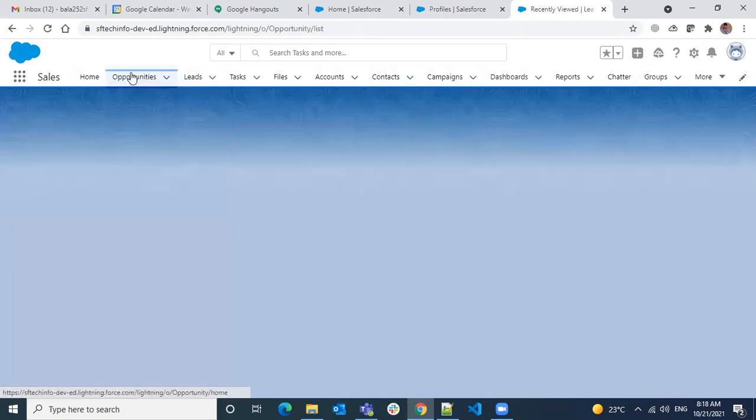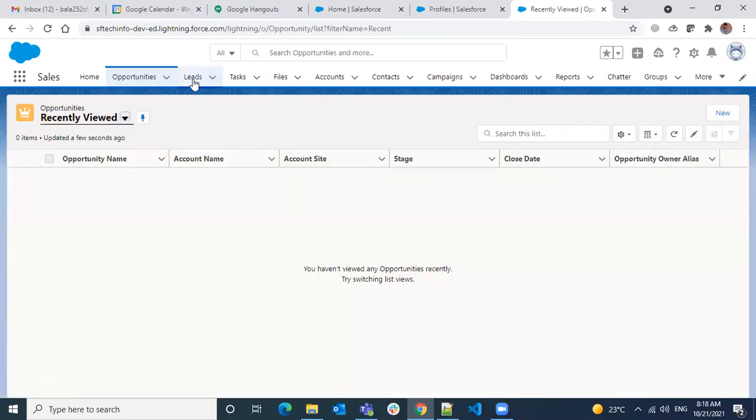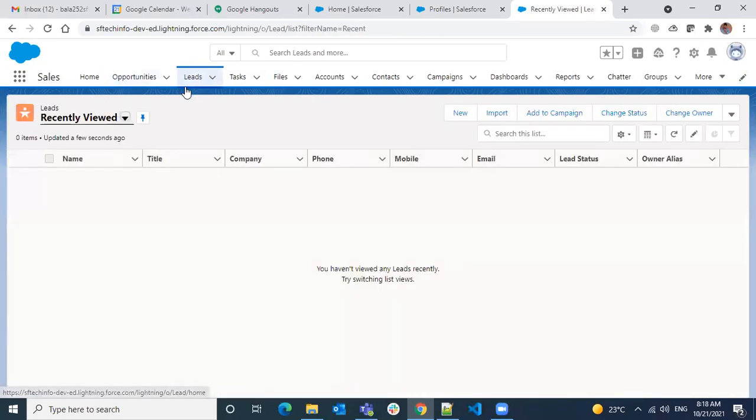So you have an option to access opportunities. If you take an end user, and you created some object, how will they access that object? It is all through these tabs only. If you create a tab, then only the end user can access any of the objects or pages you want to give access to. You have to create a tab.